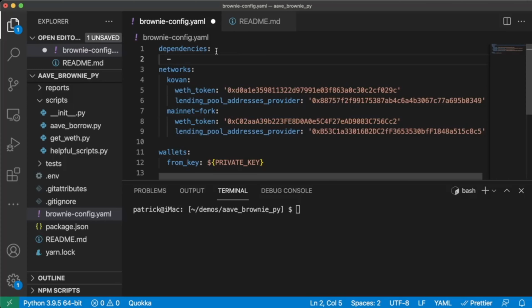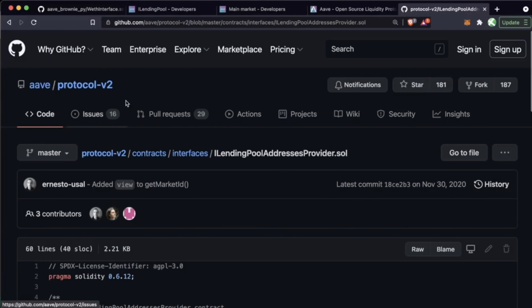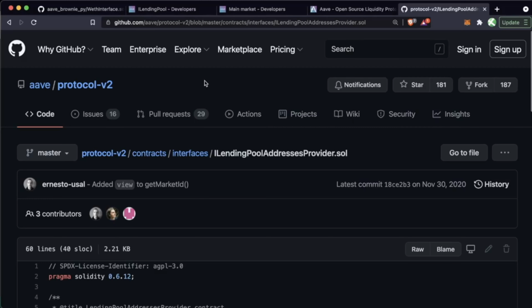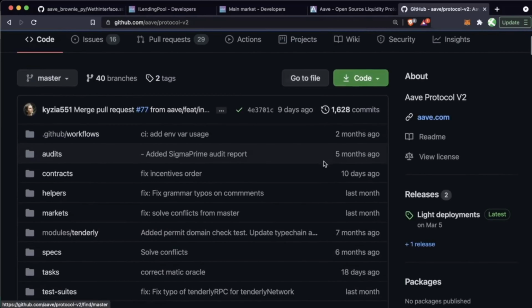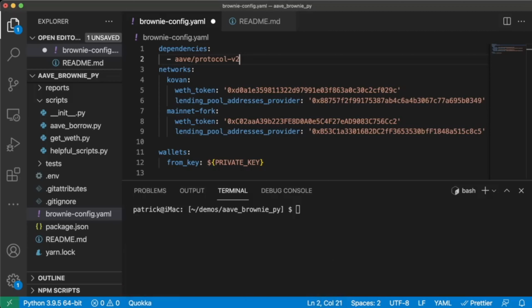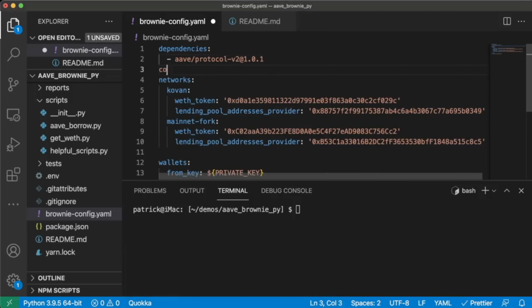So we're just going to work with Aave's protocol right from GitHub. So we're going to work with aave/protocol-v2. And let's see what their latest version is. Ooh, looks like they got a couple different versions here. 1.0.1. So let's go ahead and work with this one, at 1.0.1. And then with compiler,